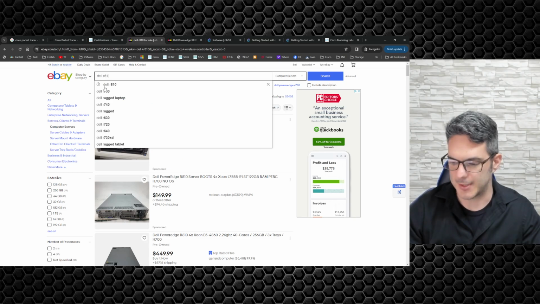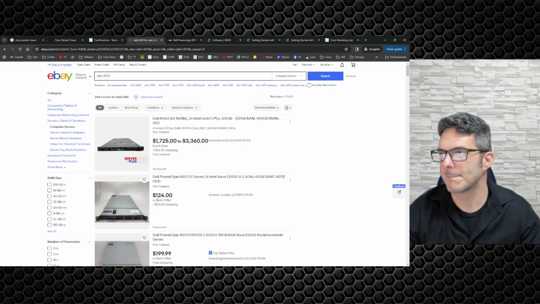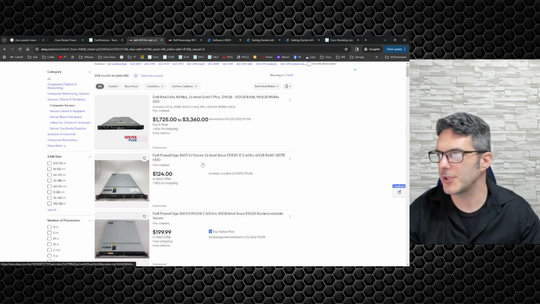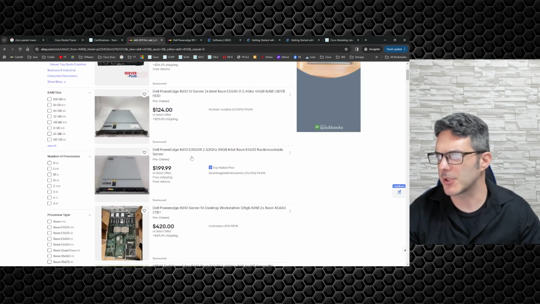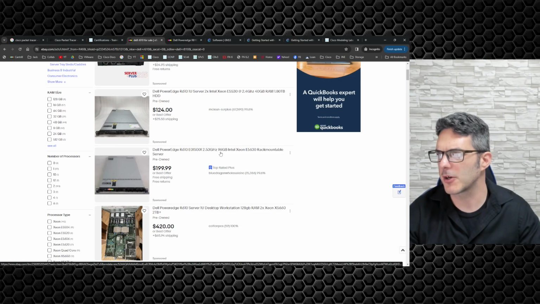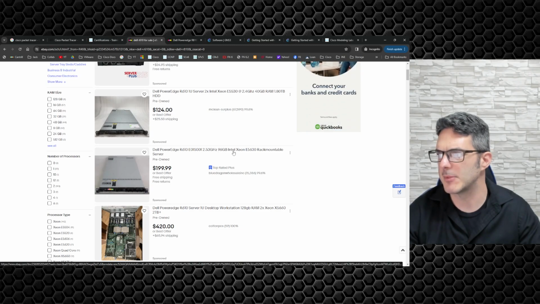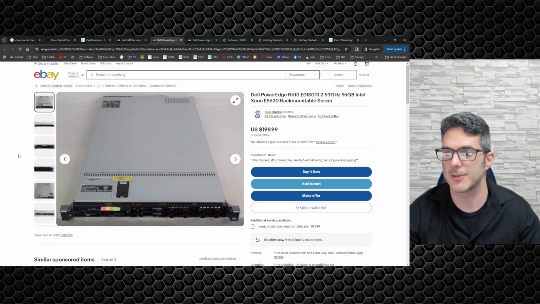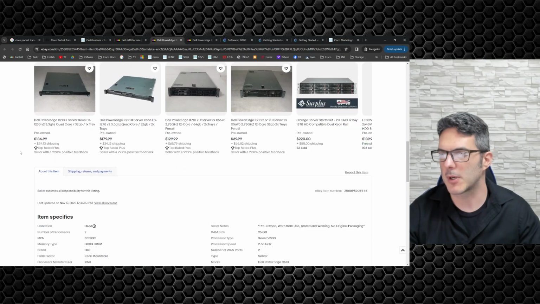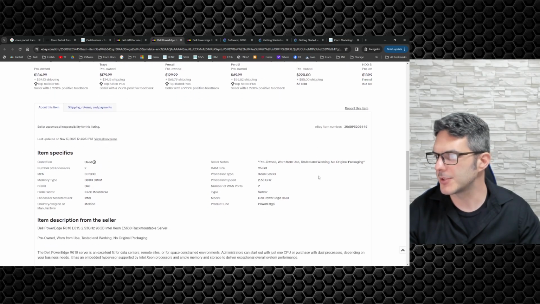Let's look at a 610. So here we have a Dell, it's a 1U server. And this one's an R610, 2.53 gigahertz, 96 gigabytes of RAM, Intel Xeon 5630 rack mountable server. Okay, so $200. That's a relatively reasonable price. Now, if we come down here, we want to look at the specs. This is telling us we have a Xeon E6530,